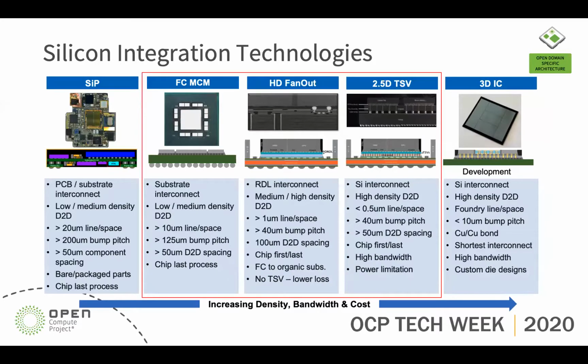So to address this industry direction, we offer a full range of advanced interconnect solutions for silicon integration, starting with PCB substrate-based SiP modules for wearables, IoTs, and other consumer applications. And then moving towards the right with increasingly higher density interconnect solutions, including flip chip MCMs to support multi-die integration such as SoC with SerDes, high density fan-out interconnect for large die partitioning and HBM integration, and all the way up to silicon-based 2.5D and 3D integration platforms, leveraging sub-micron line and space routing